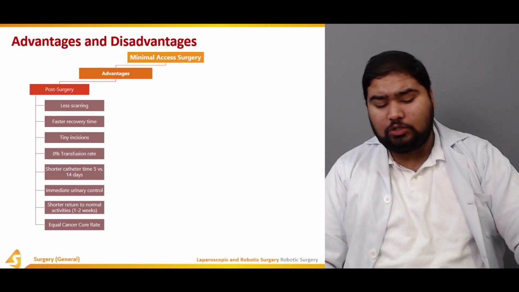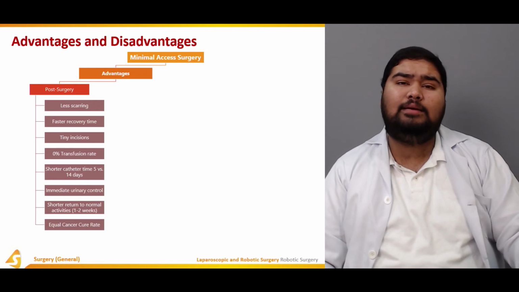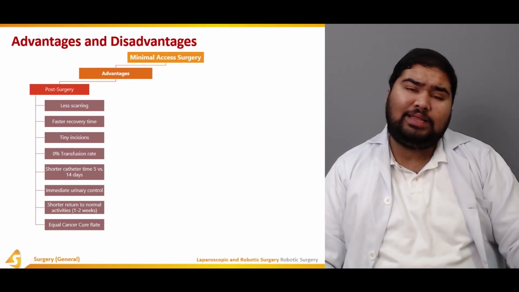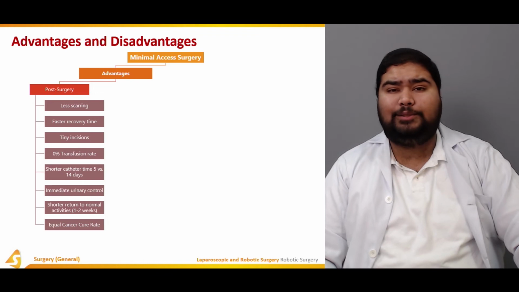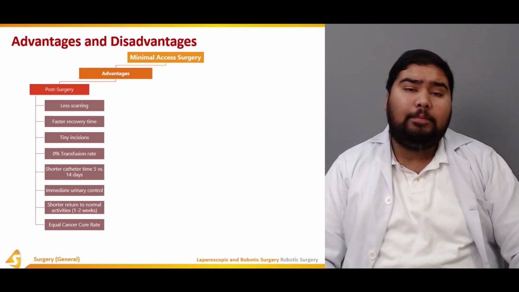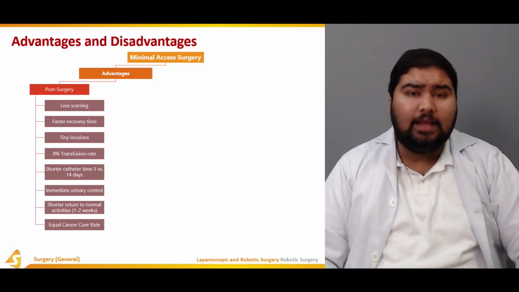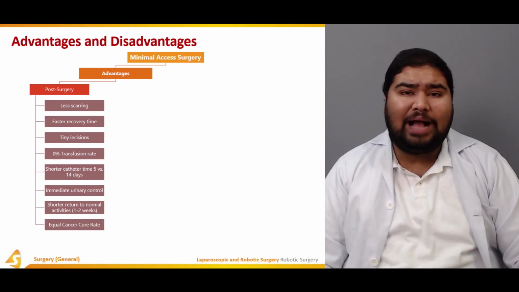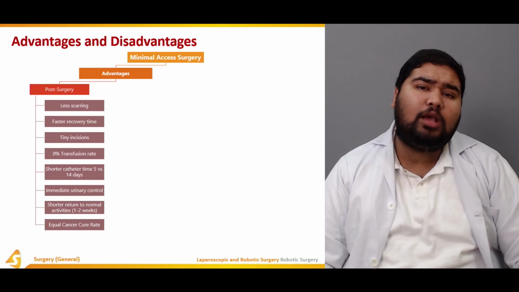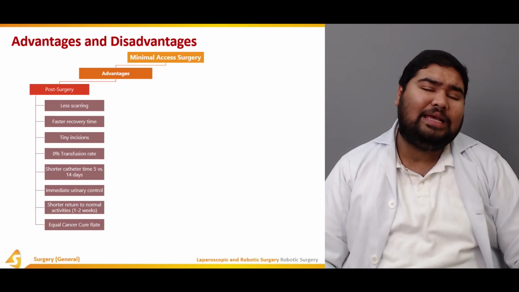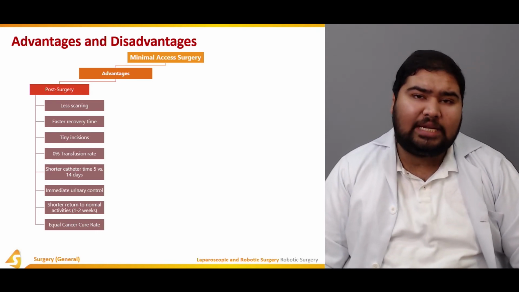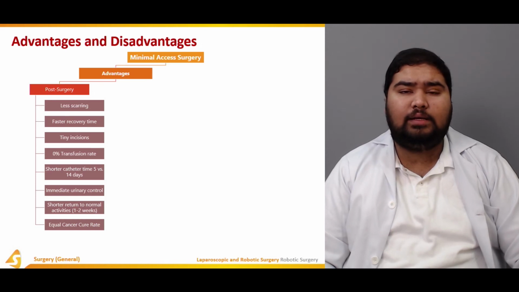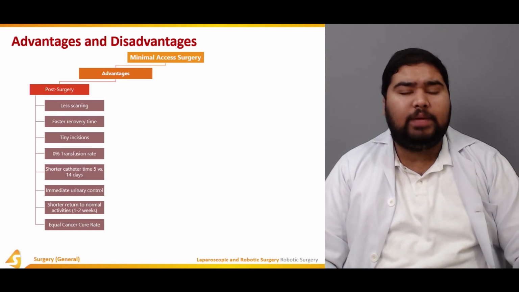Initially it was thought that there was seeding within the incisions of this minimal access surgery. Later it was proved it was due to a lack of technique. It was poor technique on the doctor's part that played a role in seeding of the incision site of minimal access surgery.